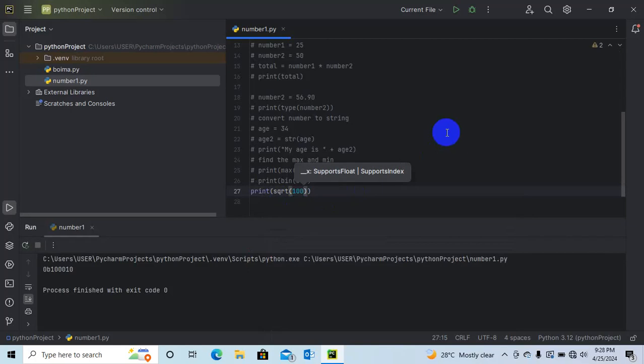We can save this. So the square root of 100 is 10. This is how we can use some mathematical functions. If we want to solve some mathematical problem, we can use the built-in function for math, and Python will be able to solve that problem for us.